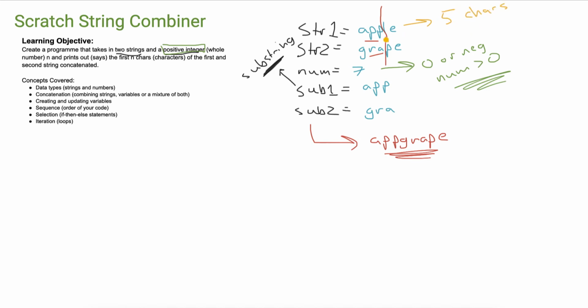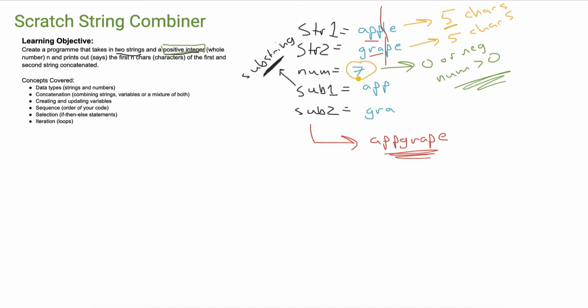Or I could say the length of string 1 is 5. And same goes for the word grape. So there's 5 chars in that. And if I type in the number 7, what would normally happen in a programming language is if we tried to find the first 7 letters of these 2 strings, we'd get an error because there are not 7 characters in this string. Now, Scratch is pretty smart and it will still work even if you type in 7, but